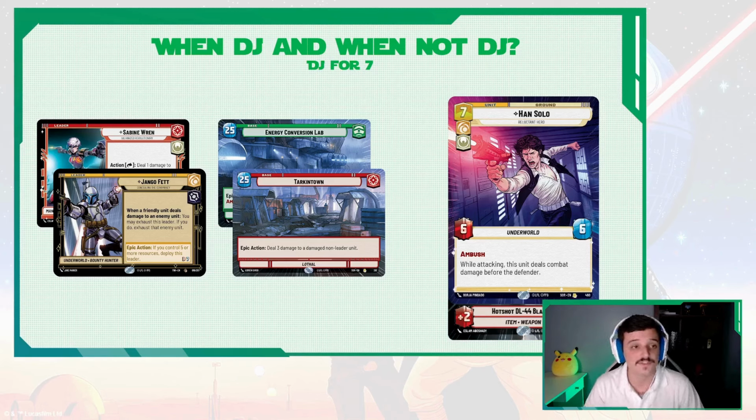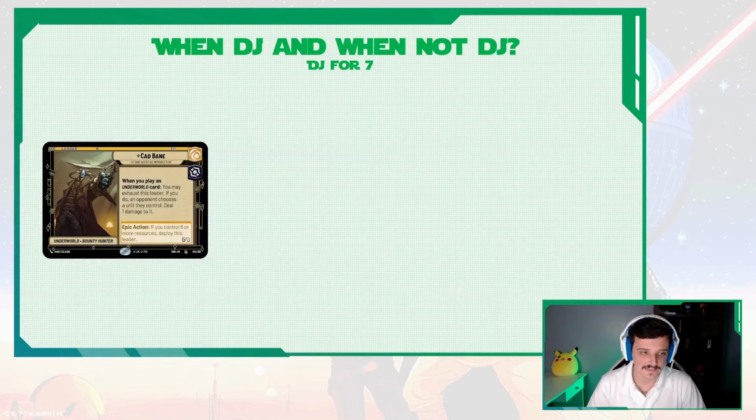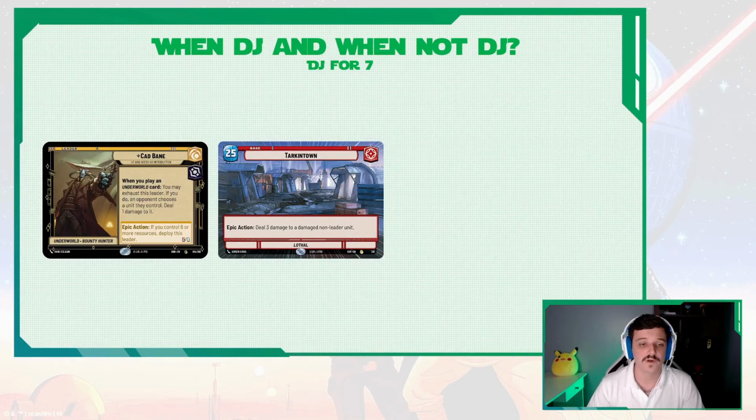Now he needs to do something and he can't, because now I can just play one with my Han Solo leader or another unit, and it is a lot of damage. And that's the problem about the 25 bases, right? So okay, like I said here, the Cad Bane star that I said here, but most of the times you